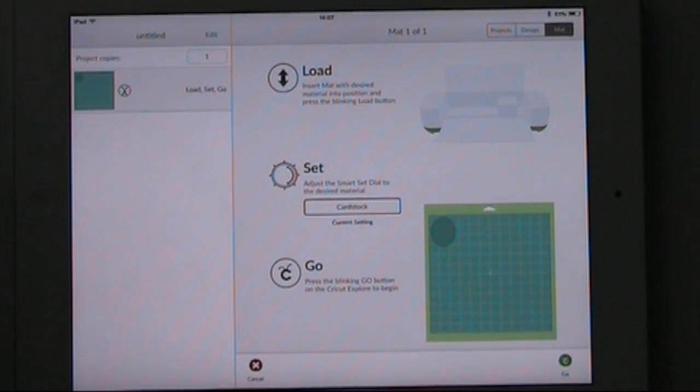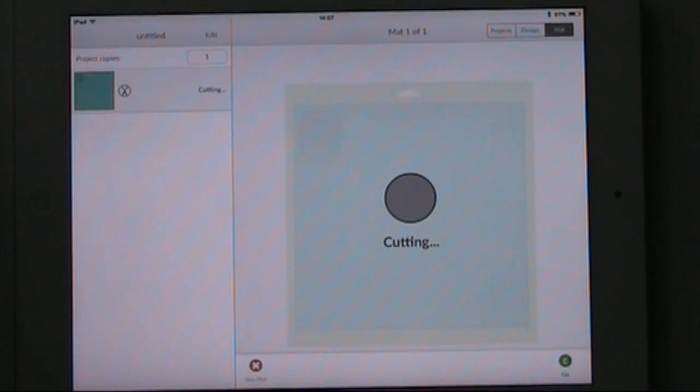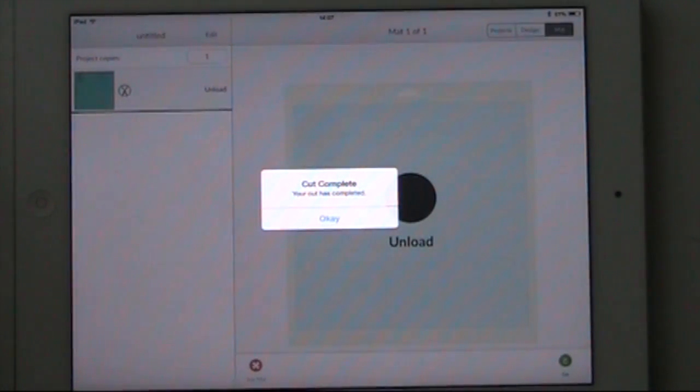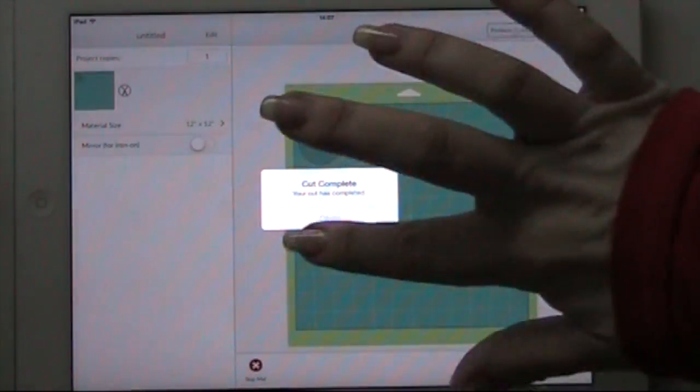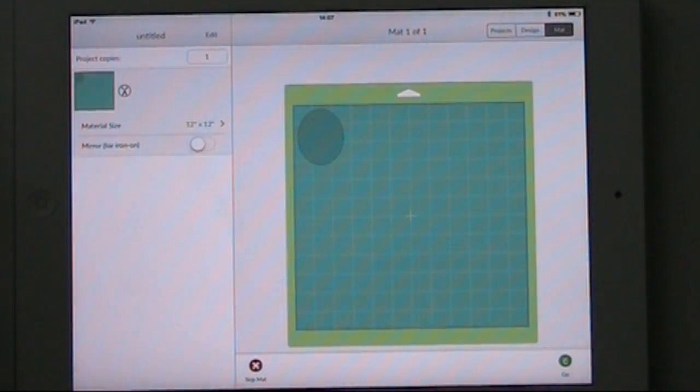So clearly it's talking from the iPad to my machine because the little load light is flashing. I've loaded my mat, and now as you can see it's saying on here that it's cutting. I'll show you the finished cut so it's saying cuts complete. Just unload my mat and click OK, and then I'll bring the cut over for you to see. Just move this out the way, and here it is,